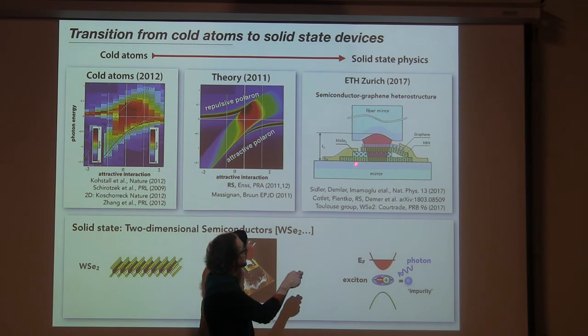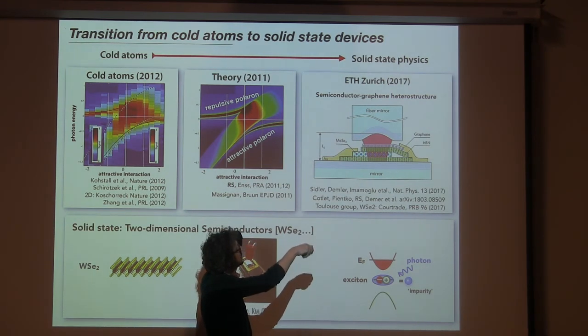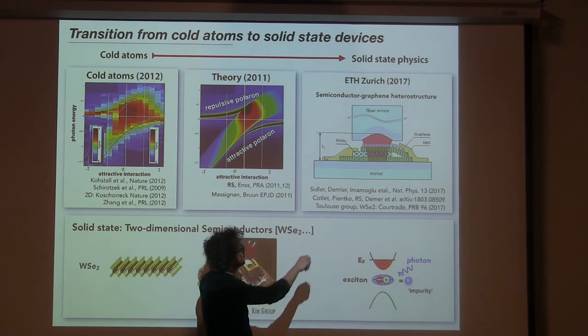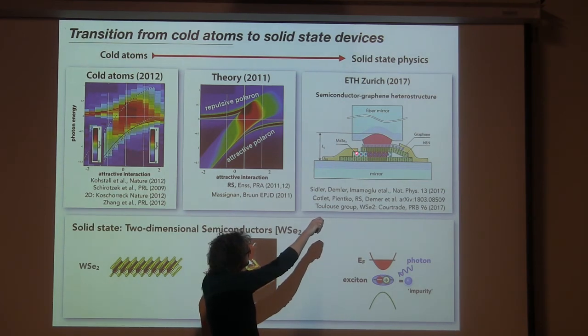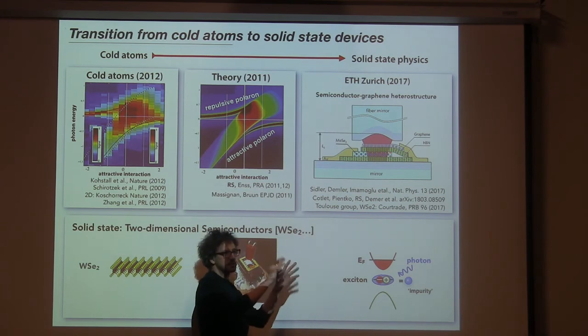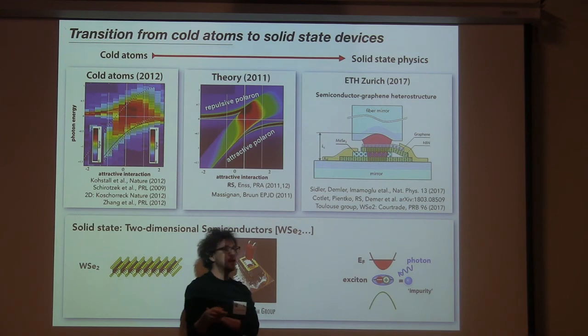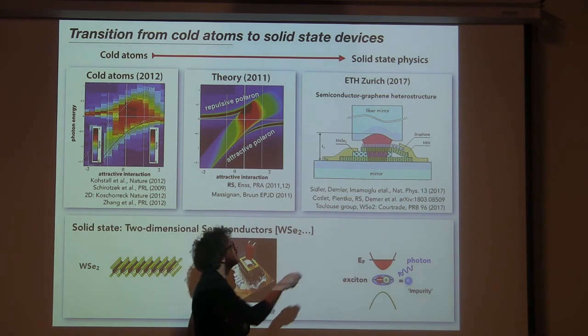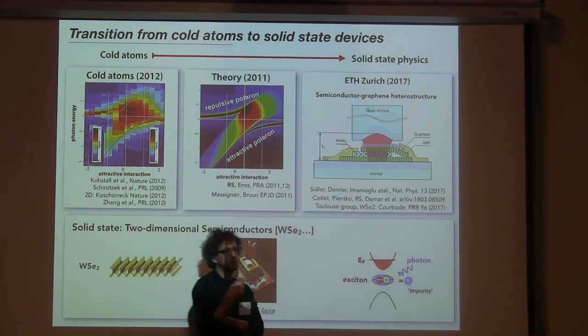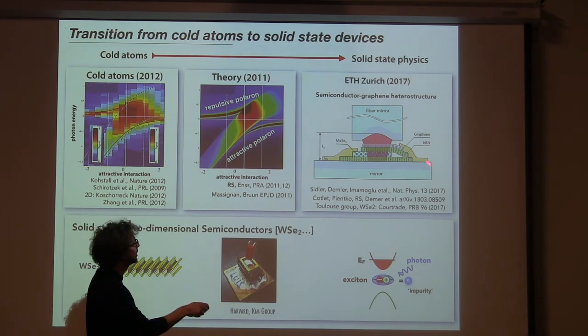So what is done here? So we have a piece of glass. Actually, this is a cavity setup which is not really needed for the physics to be seen. But then what it does is the following. It has a two-dimensional semiconductor. One encapsulates it in an insulator which is called hexagonal boron nitride just to secure it. Then one has to put some electrons inside, so we have to gate it. And this we can do with a layer of graphene, which you can actually charge with electrons via a gold contact over here.